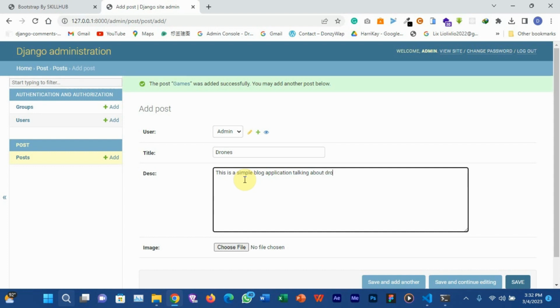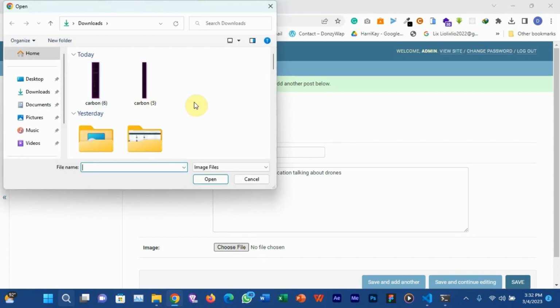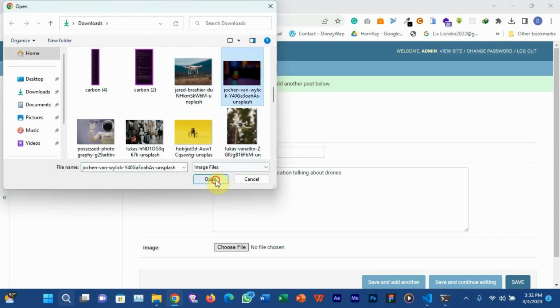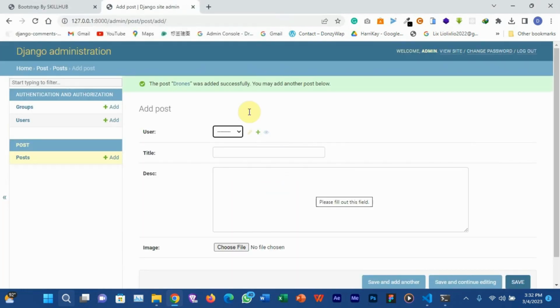Okay, so the next thing to do is just upload a new file here. Let me just select the drone. I've already selected the drone. Let me choose this. Okay, so save and add another. I think this will be the last one I'll be adding here. And then